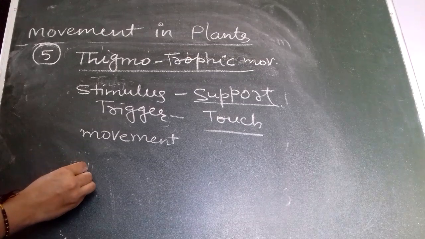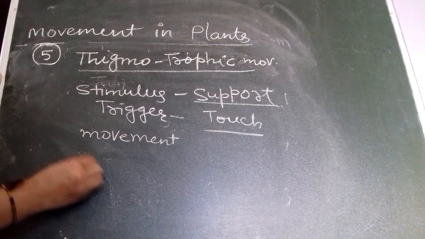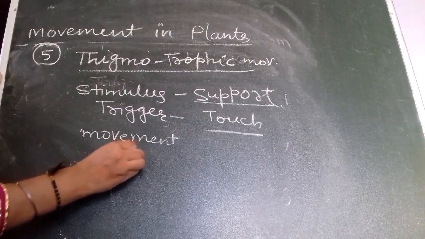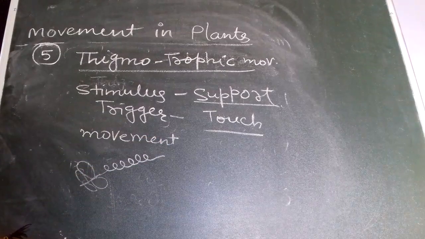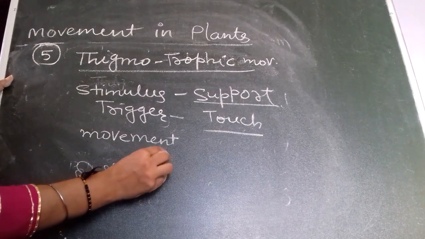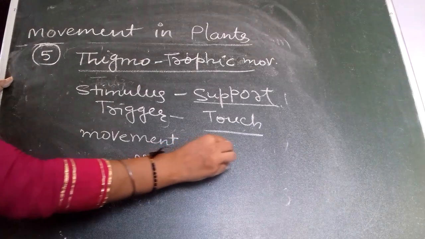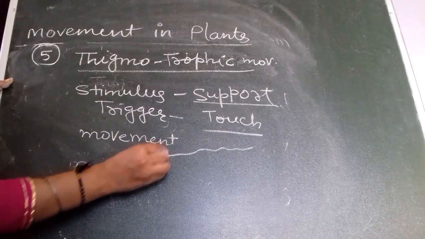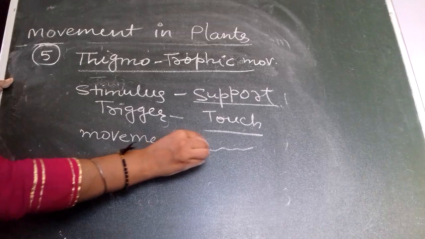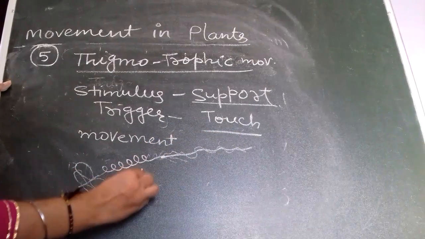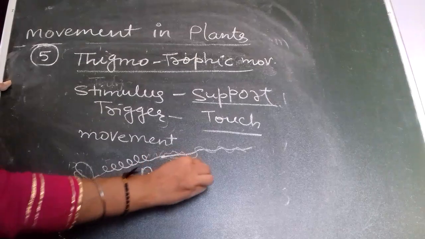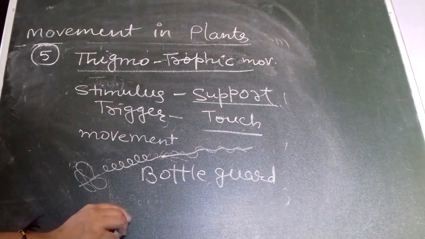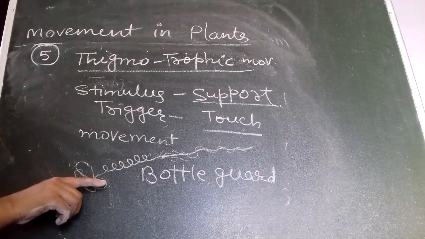Now you have seen some pea plants or some climbers. Some climbers have leaves and a structure like this. This structure is tied to a rope, and the climber moves according to where the rope goes. Its growth will be around this rope. You have seen this. Bottle gourd is a good example. Bottle gourd or some flowering plants of this type move according to their support.